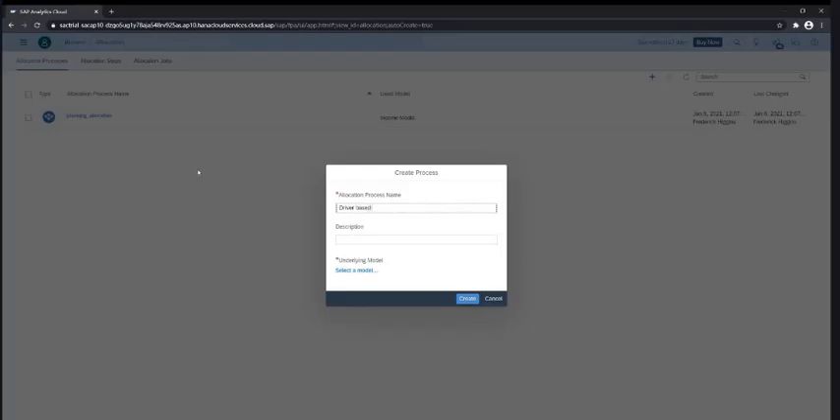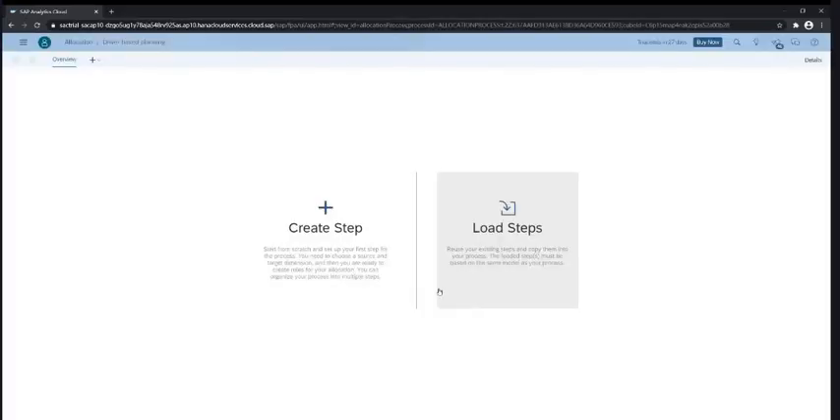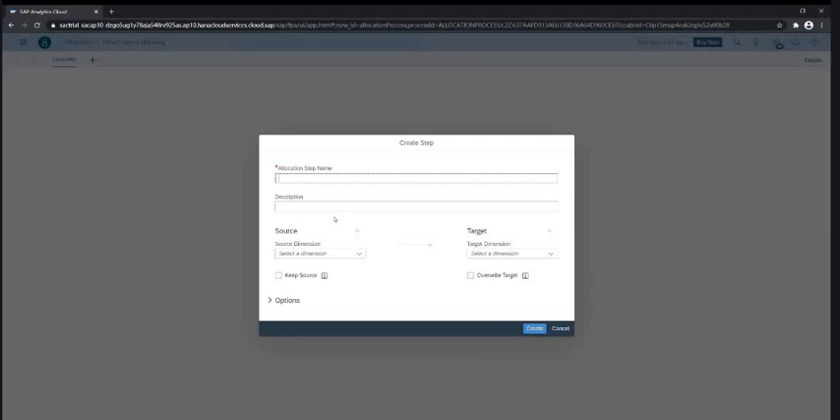From the main menu, choose Create, then Process and select Allocation. Provide a name, description and select the underlying model, and again click Create. Click Create Step. In the Create Step dialog, enter a name and an optional description for this step. In the Source section, select a source dimension from the list, and in the Target section, select a target dimension